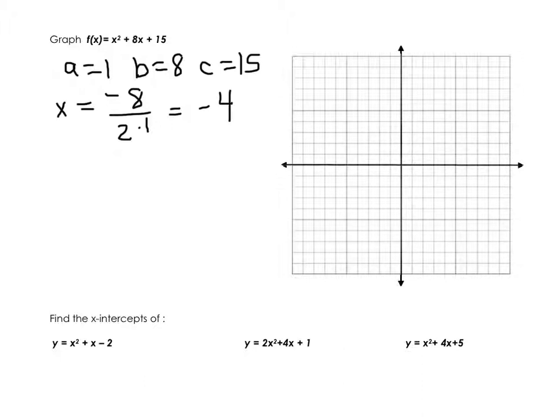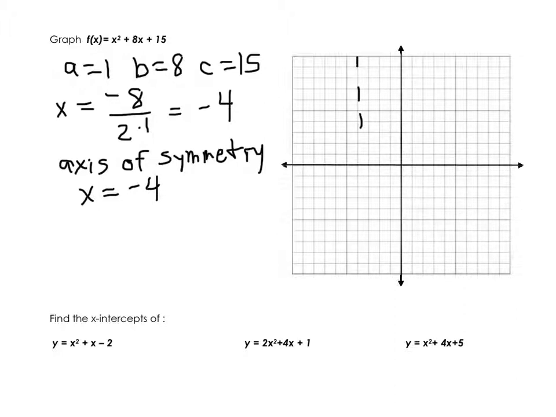So our axis of symmetry is the line x equals negative 4. Let's put that in our graph. Our vertex is the point negative 4,